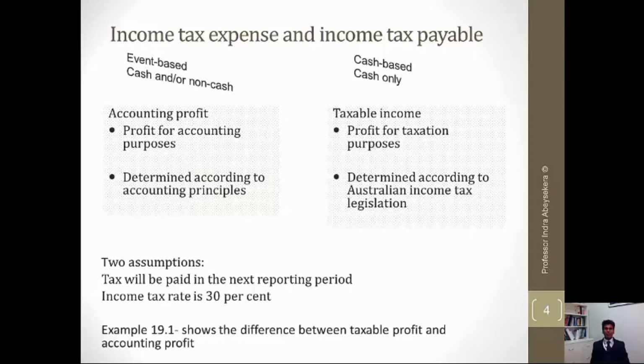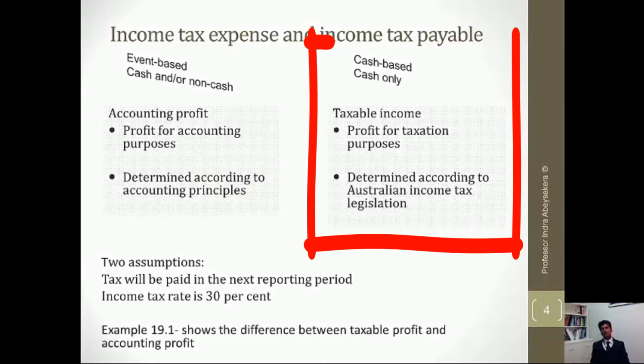Taxable income, which is the counterpart of accounting profit, is determined by the taxation office. It applies the taxation rules and then it determines the income tax payable. One of the key differences between these two is